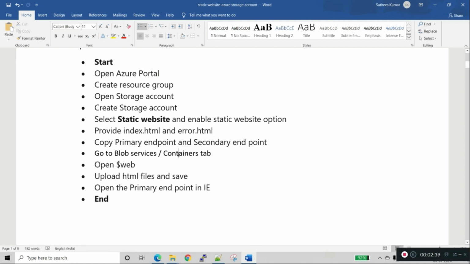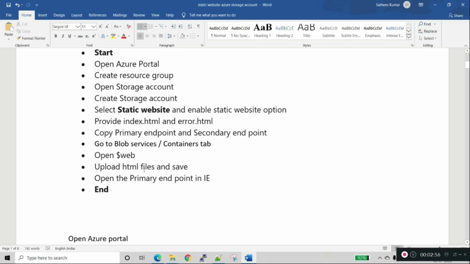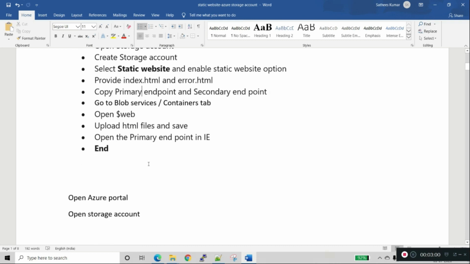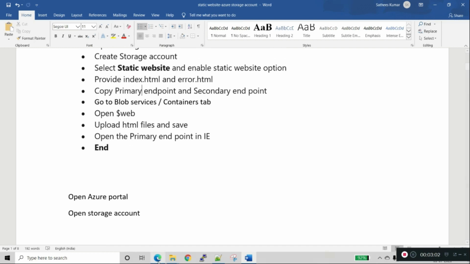The container only acts as a web portal. Here we need to upload our HTML files and save. Once we save it, we can open the primary endpoint in Internet Explorer or Google. So our static website is ready. Now we will go to the live demo.